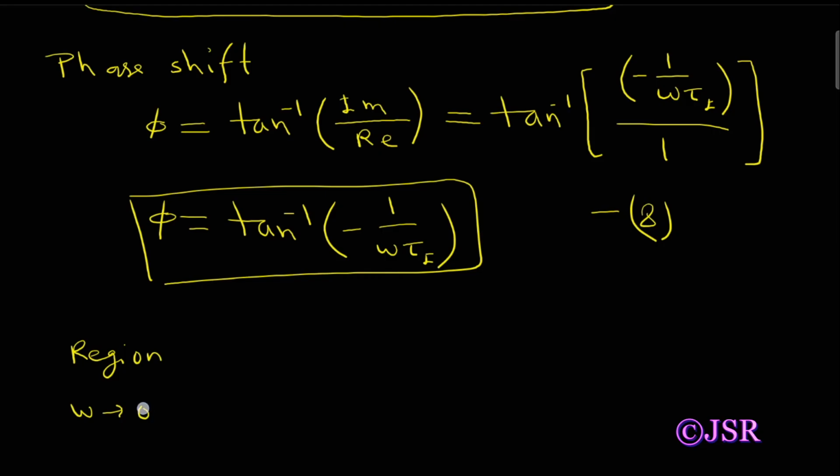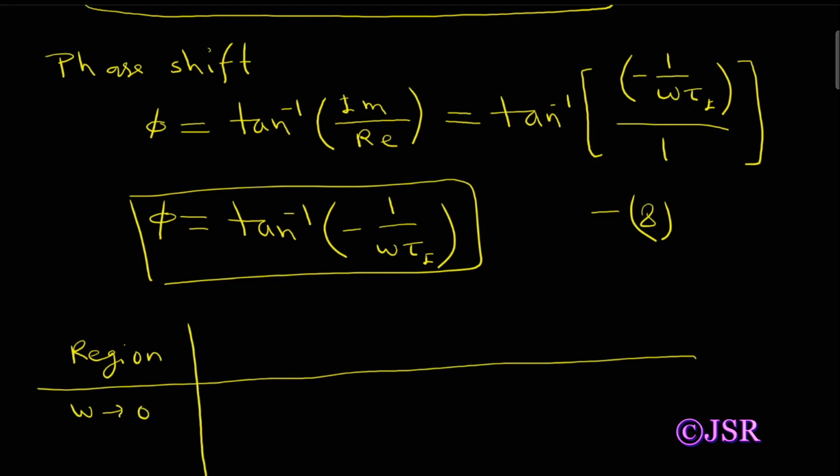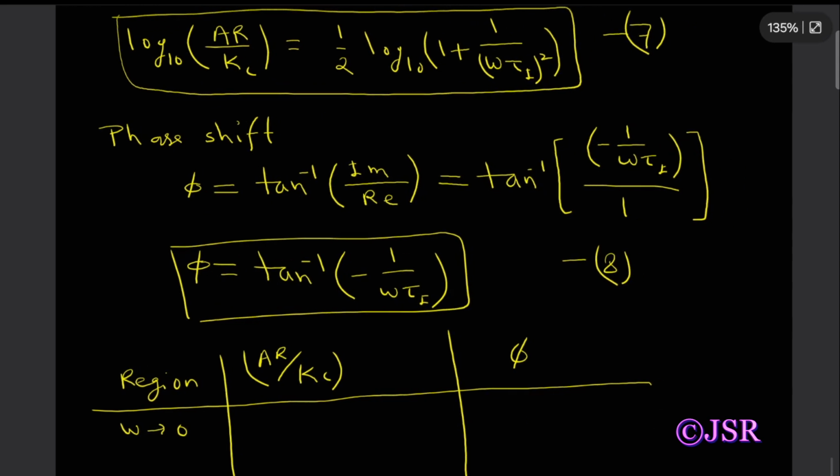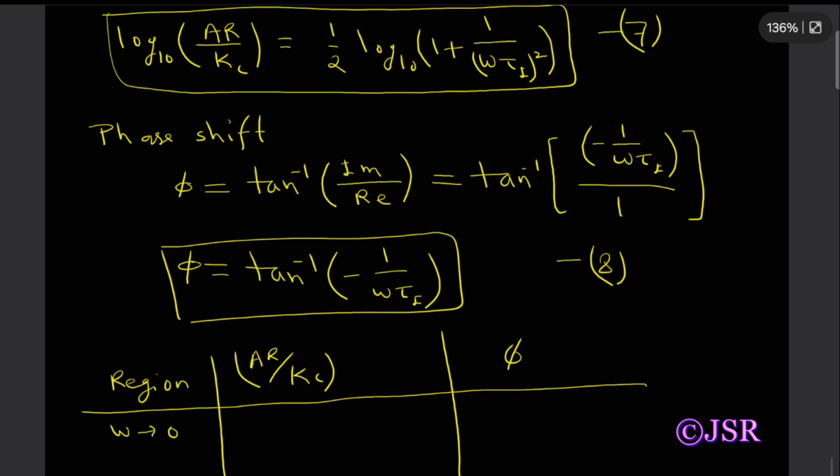So when omega tends to 0, the amplitude upon Kc, and here we have phi. So using equation 7 or 8, when omega tends to 0,